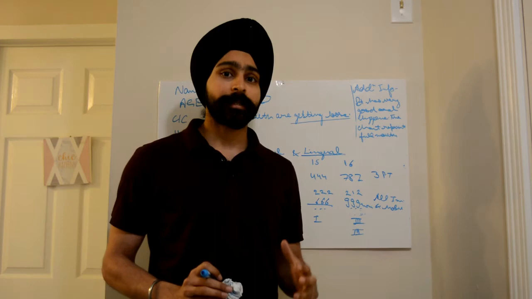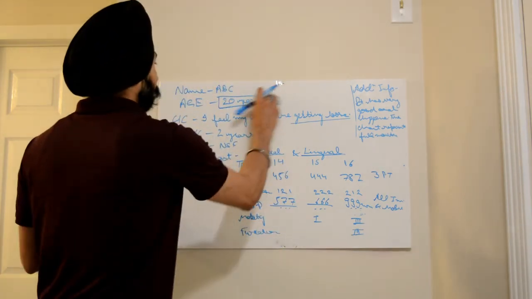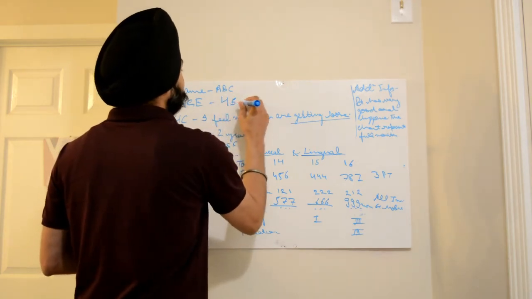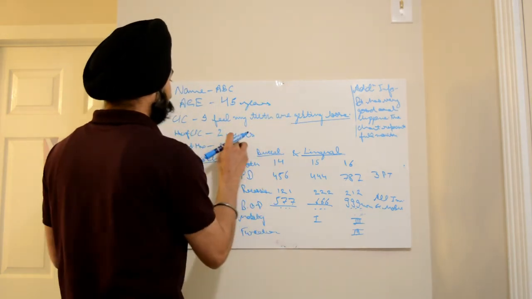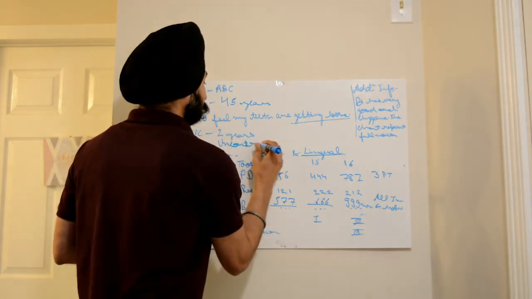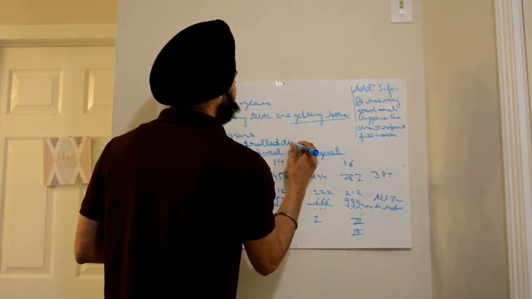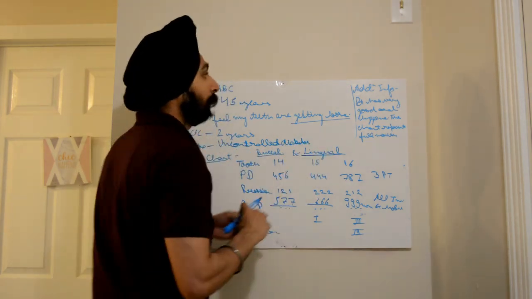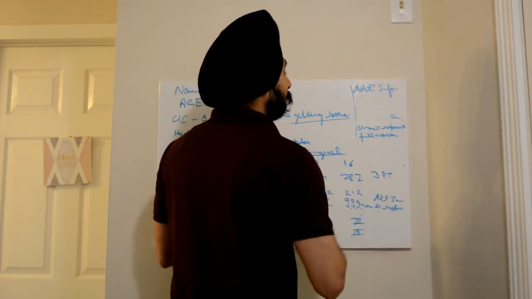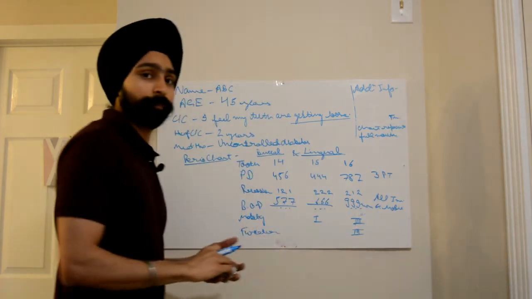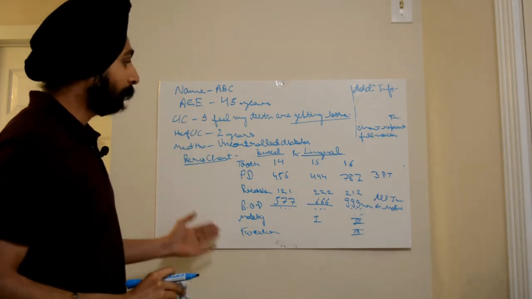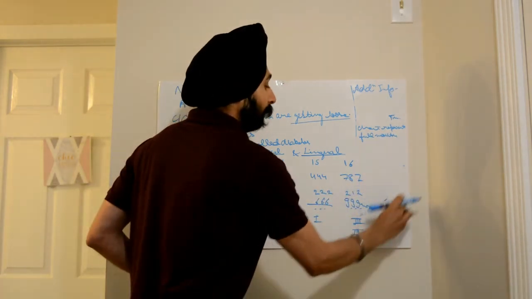Now let's change this history a little bit. Let's say the age of the patient is 45 years. Patient is having uncontrolled diabetes. And in the additional information, it is given that the chart represents full mouth. Friends, age and medical history have changed, but this perio chart remains the same.